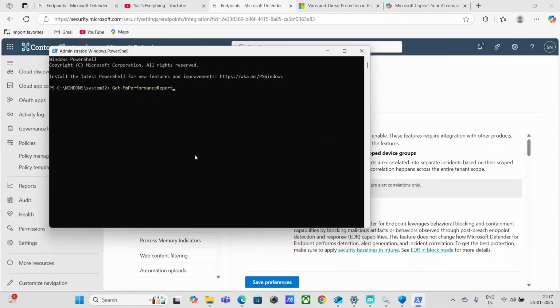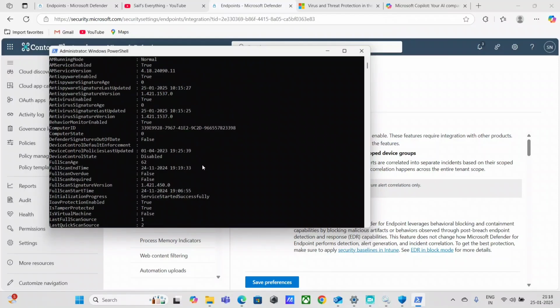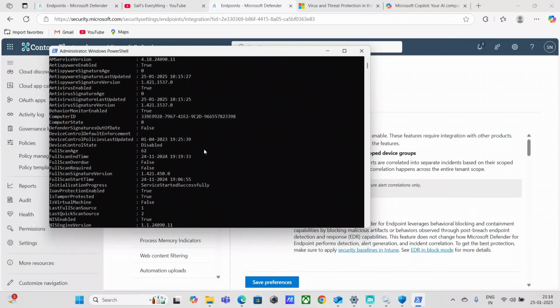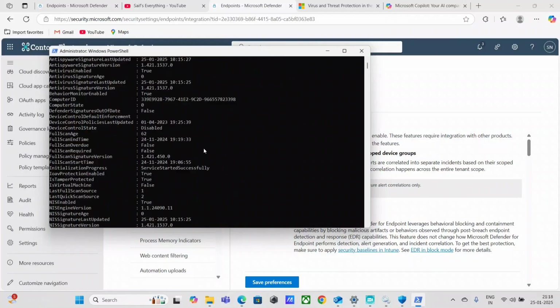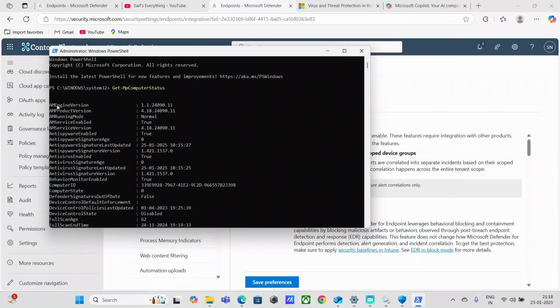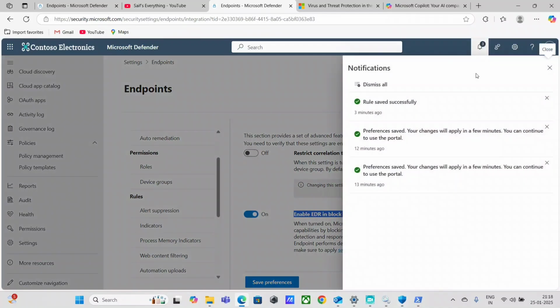Go to AV computer status just now. It will show all the configuration details, guys. Like this one, engine version, AM running mode, etc. And if I just go to Windows security, and even here, you see